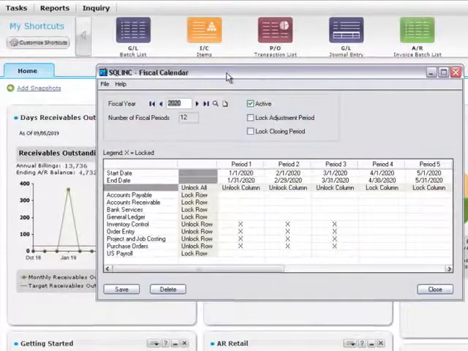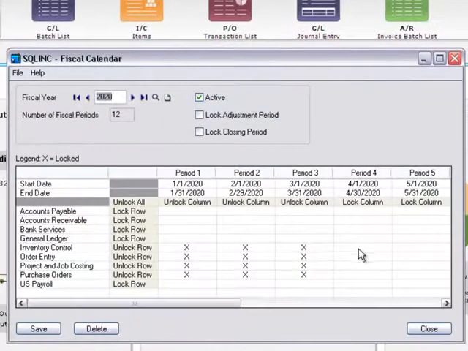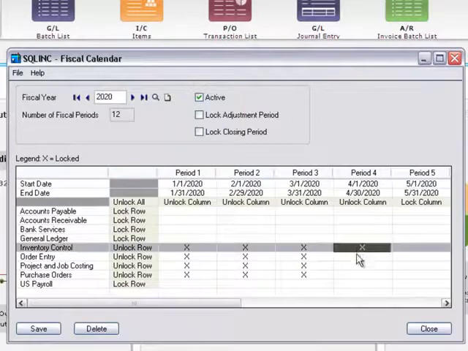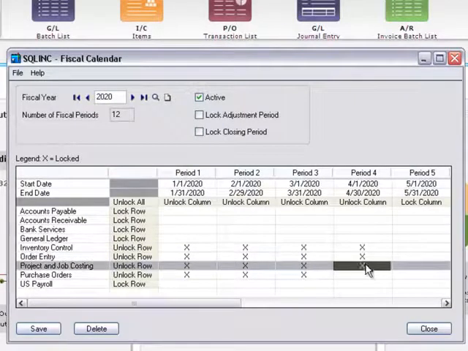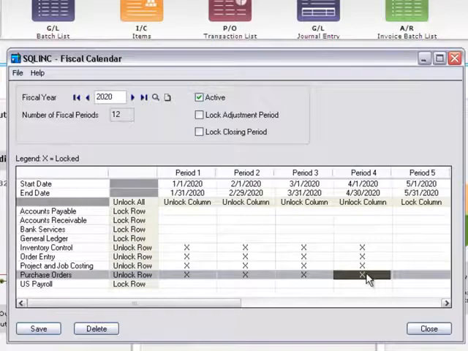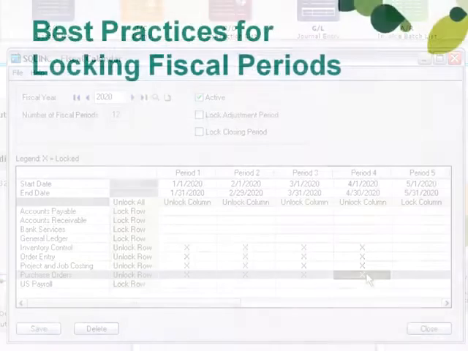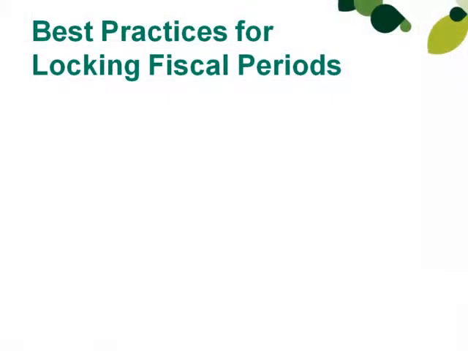In this video tutorial, you'll learn how easy it is to use the fiscal calendar to lock and unlock fiscal years and periods for individual modules. As you learned in the previous video on preparing to lock fiscal periods, it's important to plan workflow and understand how transactions flow through the ERP system before you begin locking fiscal periods for individual modules. If you haven't watched the video on preparing to lock fiscal periods, we strongly recommend that you watch it before